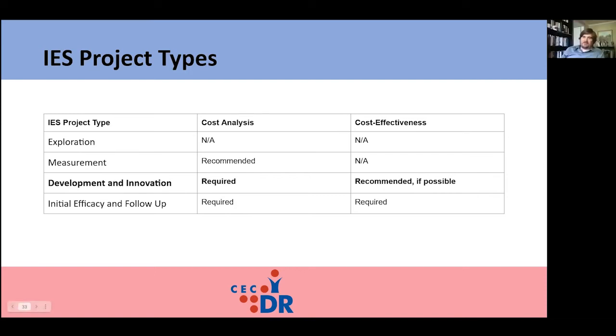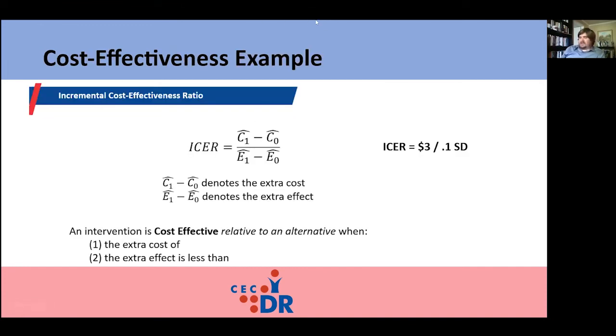Thanks, Graham. And Graham's still driving, so you can move to the next slide. As you probably inferred from what Graham was saying, cost analysis has a rather qualitative feel to it because you're going out and investigating all the resources that are being used up when you try to implement this program or intervention. You're interviewing people who are implementing, talking to the designers of the intervention to try to come up with all the resources, including your time, planning time, grading time, whatever it took to implement this at full capacity. What did you do to get the effects?